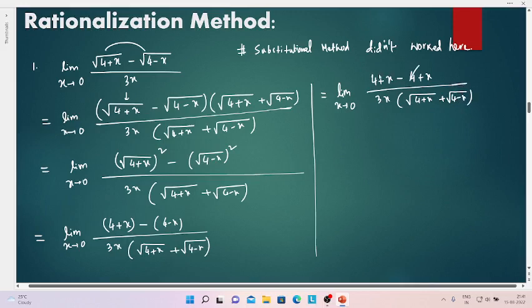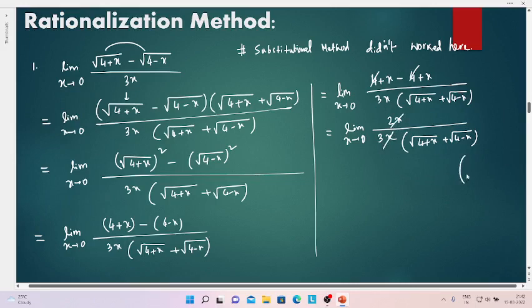The 4 and minus 4 will be cancelled out, and you will have limit x tends to 0, 2x, because x plus x is 2x, and the denominator will become 3x times root under 4 plus x plus root under 4 minus x. Here x and x can be cancelled out, because since x is tending to 0,